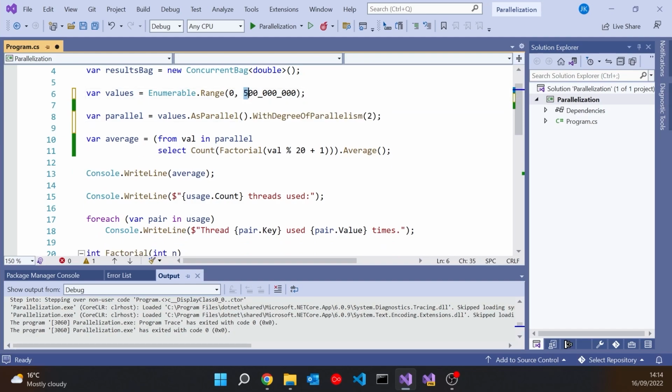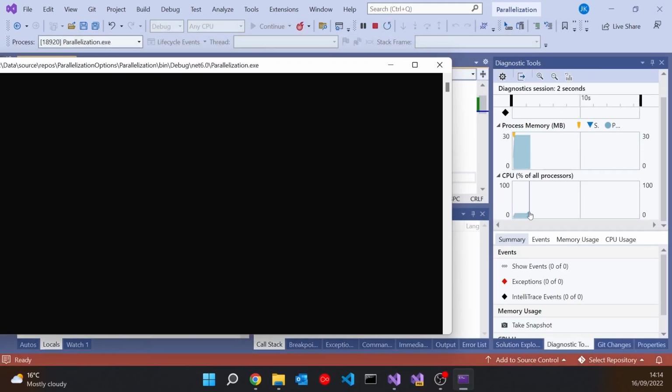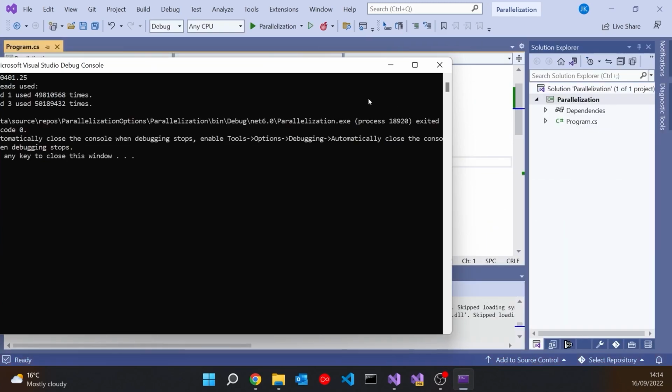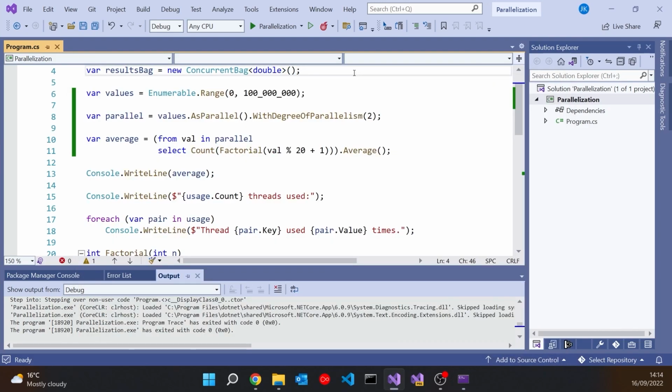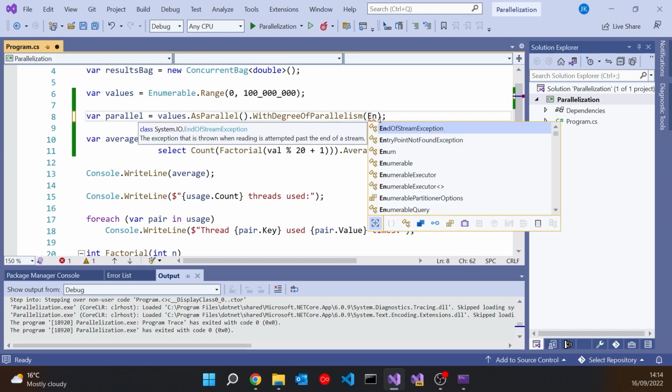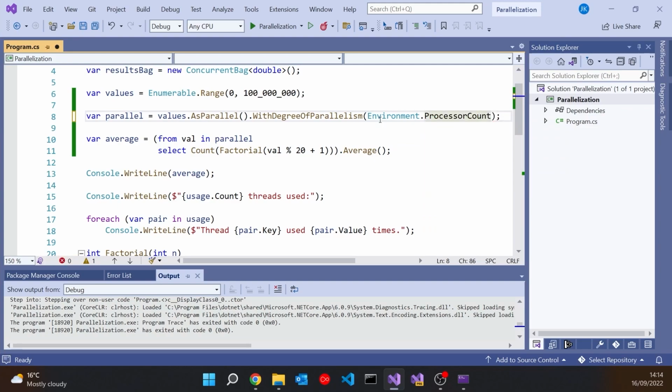I'll also just reduce that number because this is going to take a bit longer. But now, if we run that up, then what we'll notice is it's down to 13% of the processing power. You can see that when we keep track of our cores, it's only used 2 of them because that's what we told it to do. Now, obviously, having that hard-coded may not be a brilliant idea, but another thing you can do in here is use Environment.ProcessorCount to tell you how many cores are actually available on the target machine you're running on, and then we could just say only use half of them.